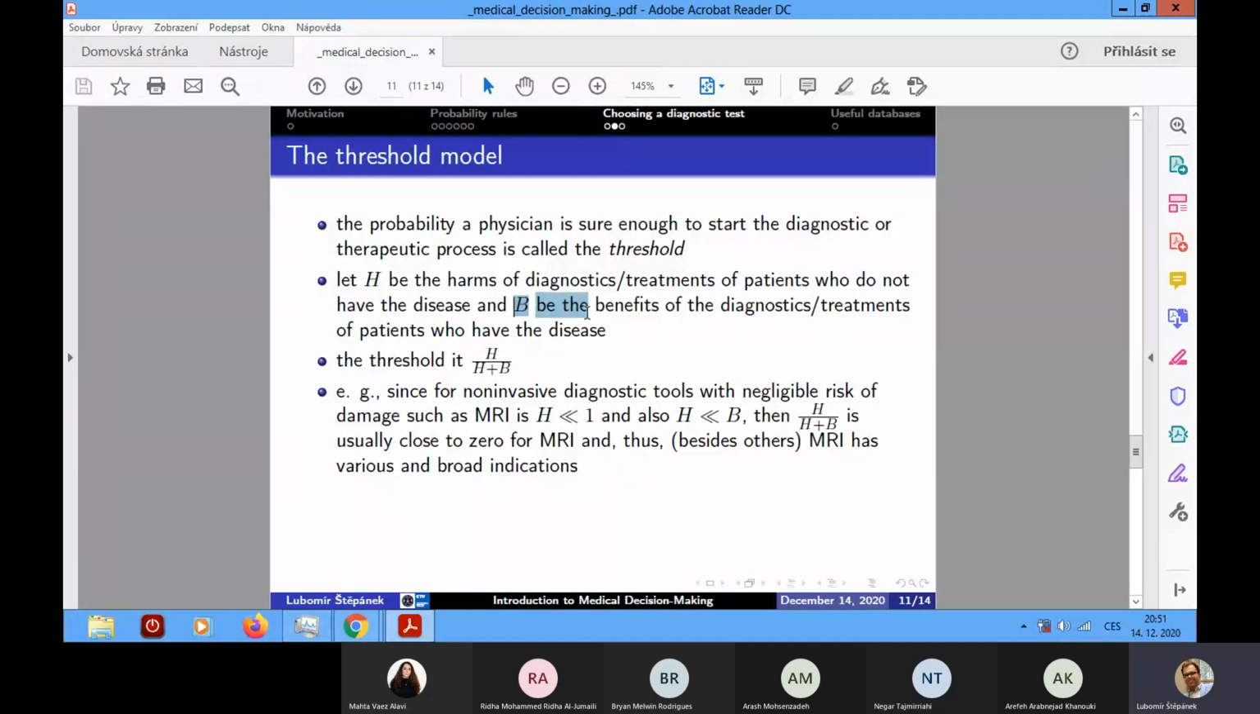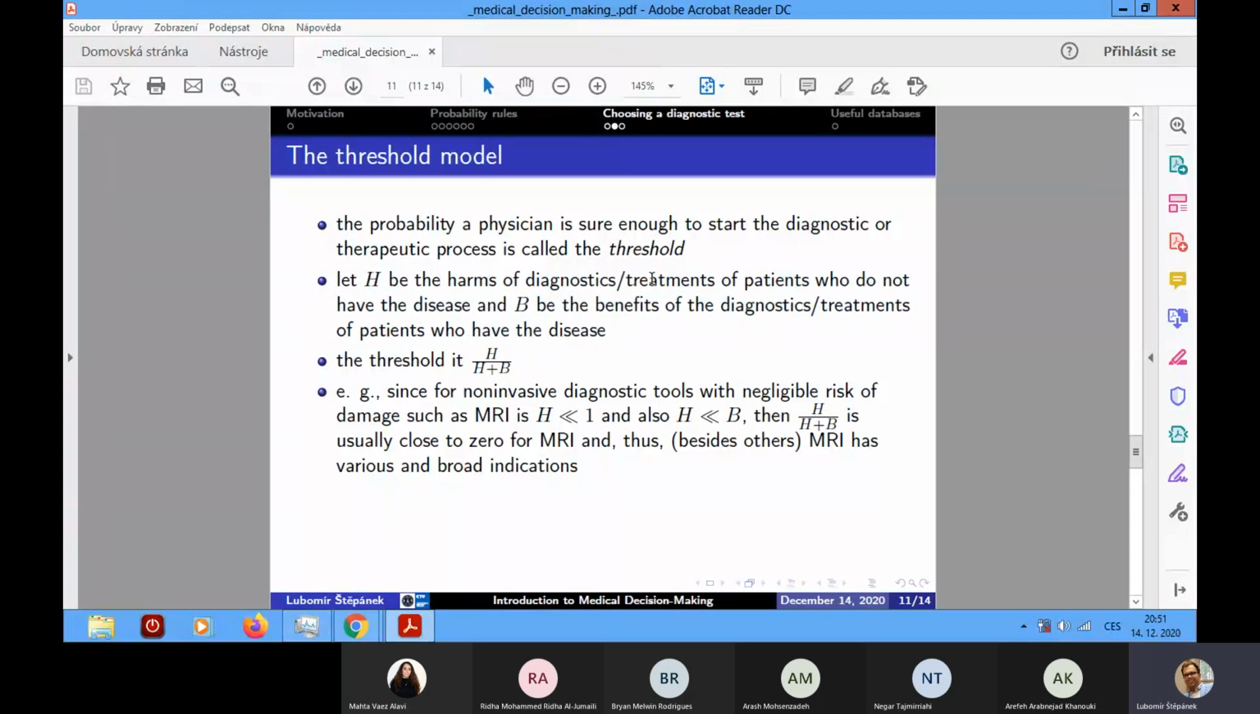So the benefits could also be calculated as money, as the saved money, if we do the diagnostics and treatments quickly enough and correctly enough to treat the patients in the early stages of the disease, so that we do not have to pay for late stages and late complications and so on. So both terms could be measured in money, and they could also be measured